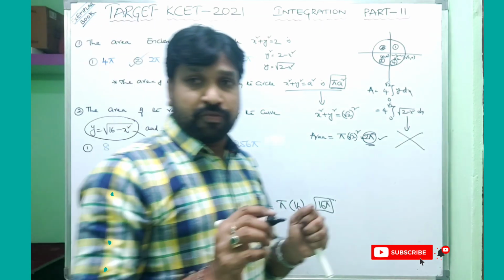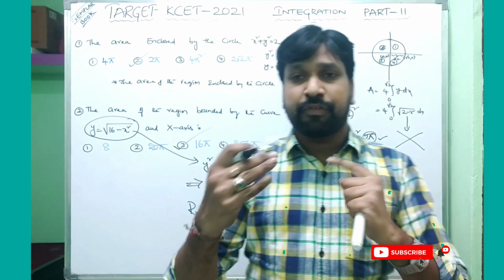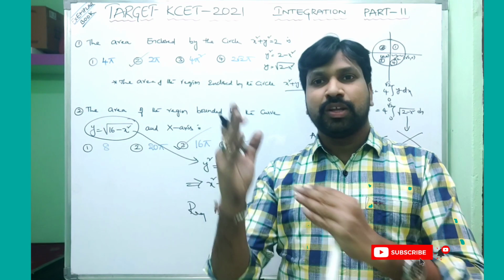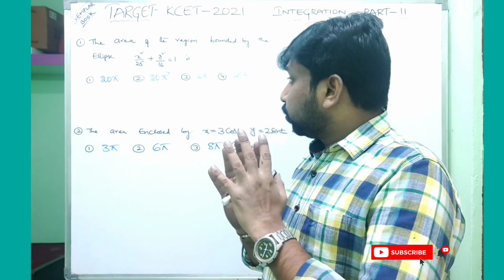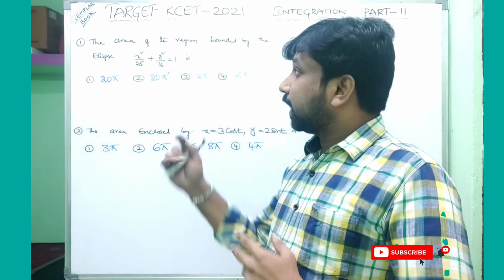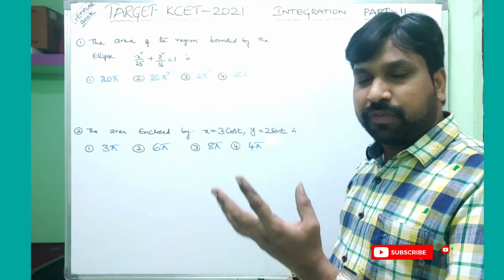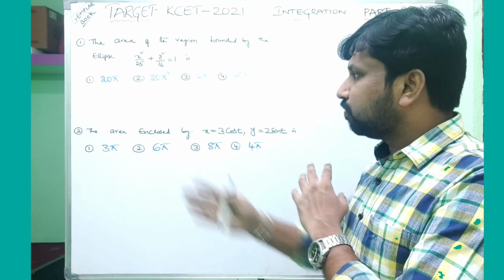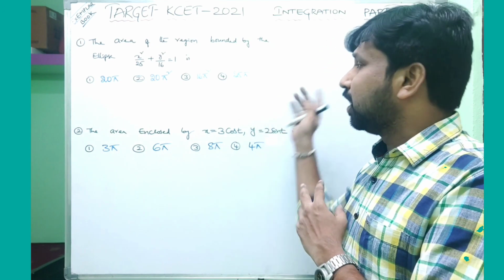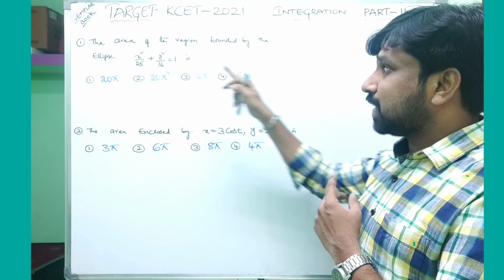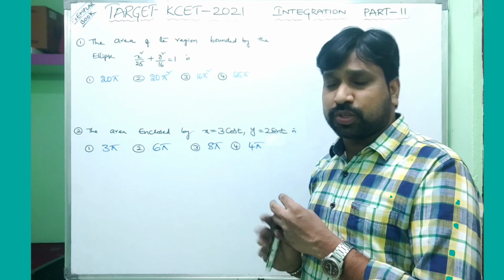So this is the first model, friends. I'll move to the next model. This kind of approach is there in the ellipse also. Move to that model. Look carefully. In this model, friends, without using a diagram, we are simplifying directly. The area of the region bounded by the ellipse x square by 25 plus y square by 16 is equal to 1. Which of the following options satisfies? If you draw the diagram, you need to construct the ellipse, and with respect to the x-axis or the y-axis you can simplify.